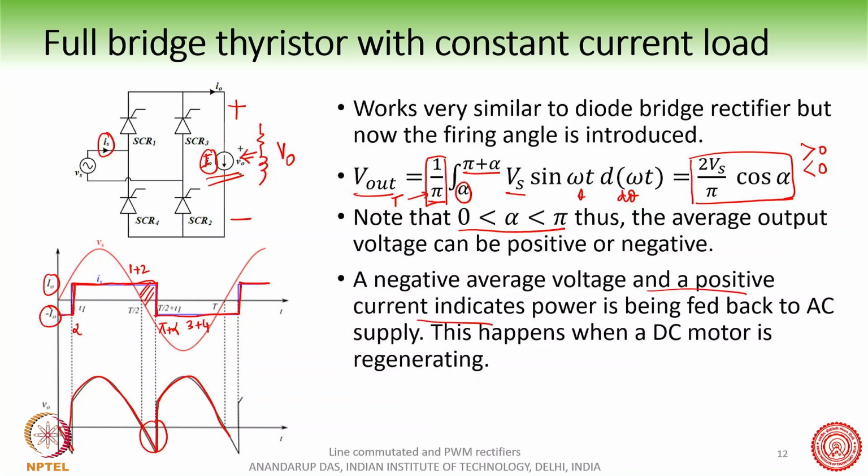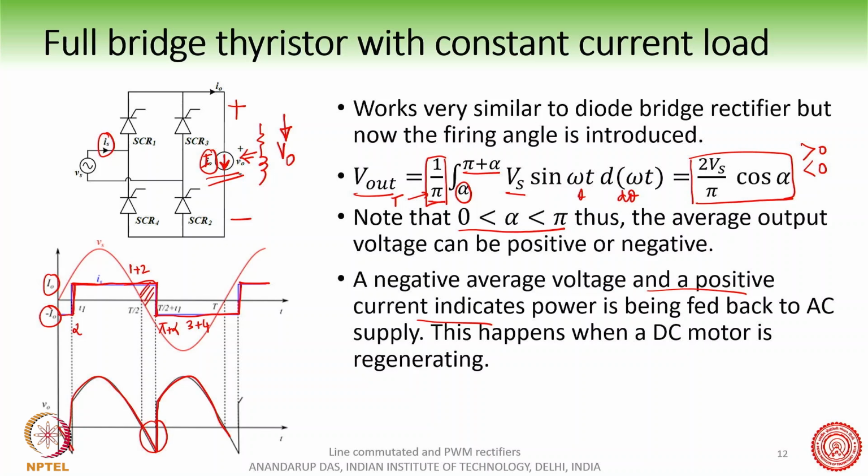Note that the current through this is always this way, always in this direction. It is going from the plus to the minus. The current cannot change its direction because, you can see from the symbol itself, it's a symbol of a valve, a diode thing. So it can carry current only from anode to cathode. It cannot carry current from cathode to anode. So therefore, the current will only flow from the plus to the minus terminal. But that voltage V0 can become positive or negative.